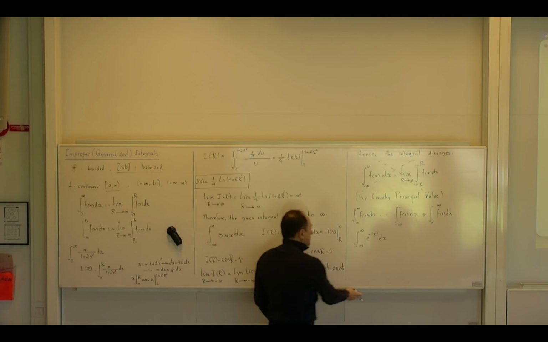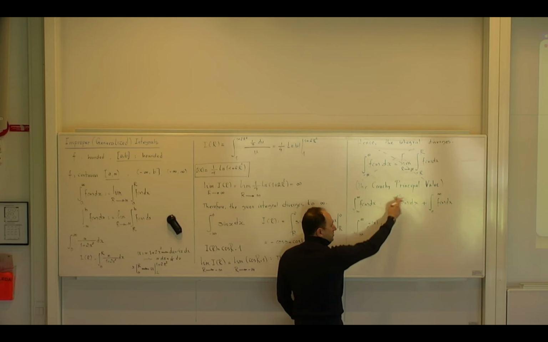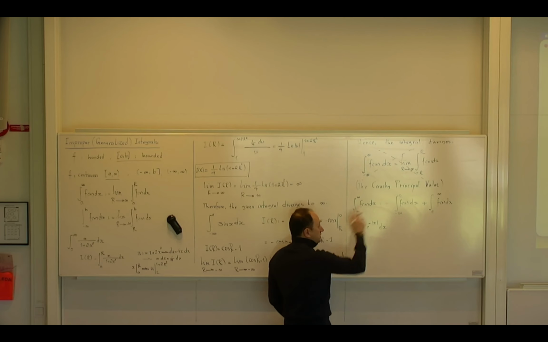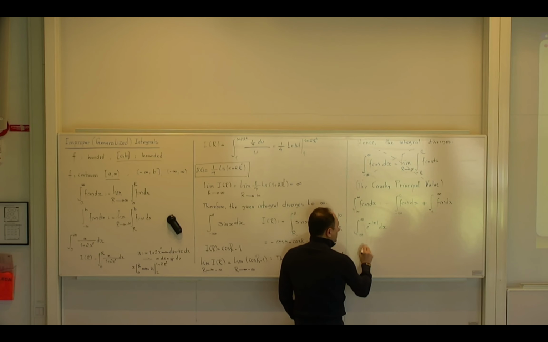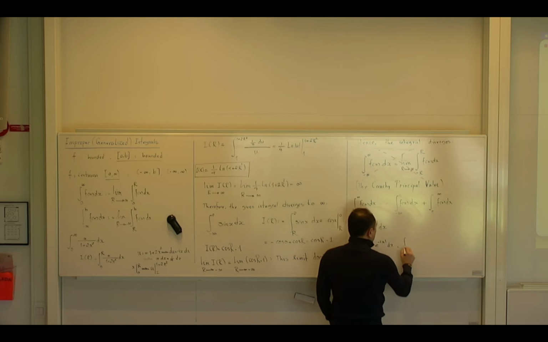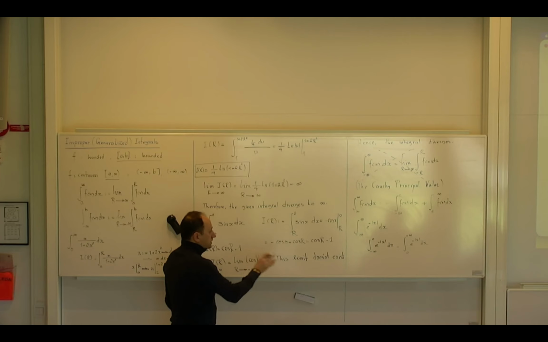So if you want to do that, you need to consider two integrals. And I told you it doesn't matter which c you choose, we choose the simplest one always, unless we have a good reason not to. So we choose 0. So I will consider the integral from minus infinity to 0 of e to the power minus absolute value of x dx. And I also consider the integral from 0 to plus infinity of e to the power minus absolute value of x dx. And I have to consider them case by case.